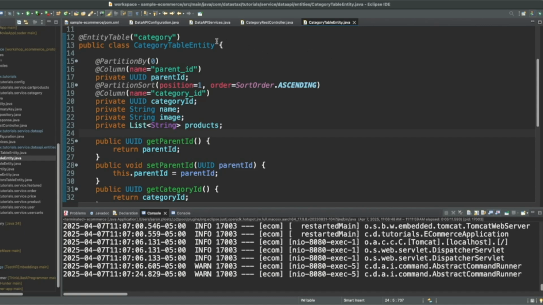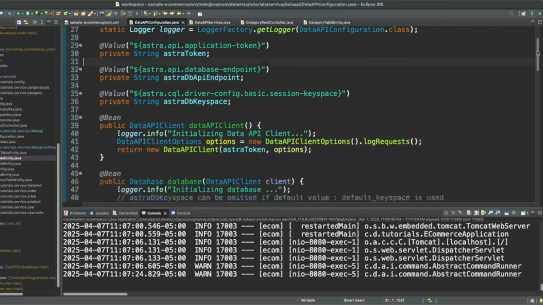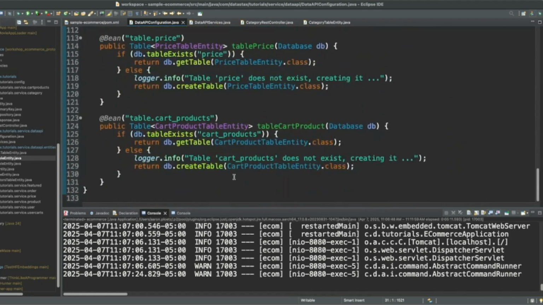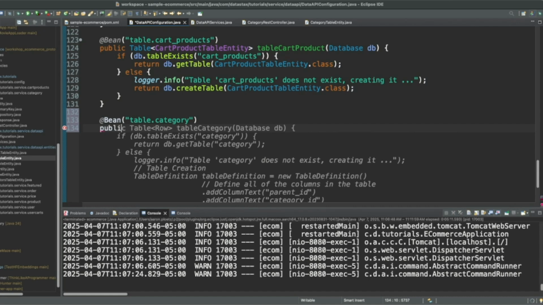Okay, next let's have a look at our data API configuration class. Here is where we have definitions for all of our tables. So let's go ahead and create one here for our category table as well. So we'll say bean table.category, and no, we don't want to do all that. Let's say public table.